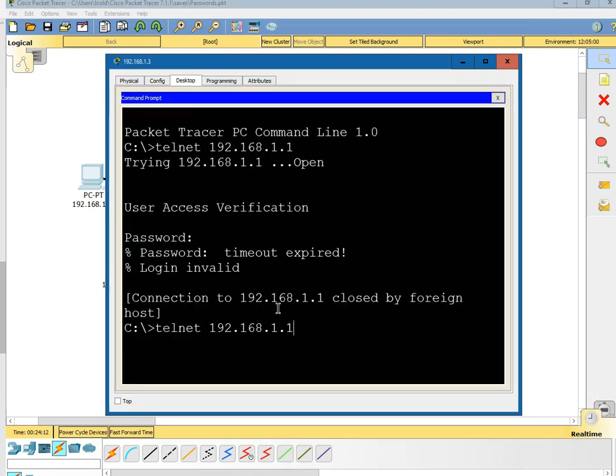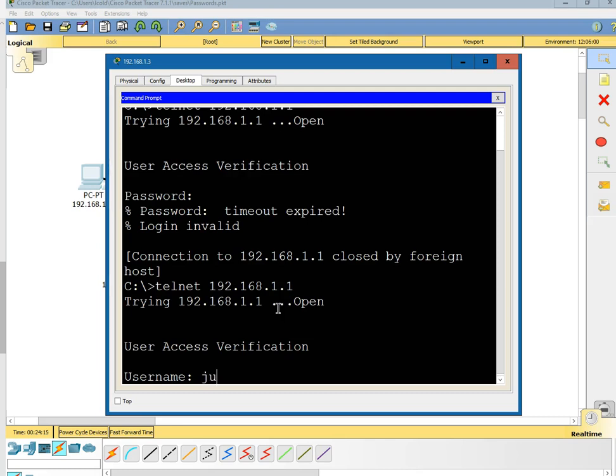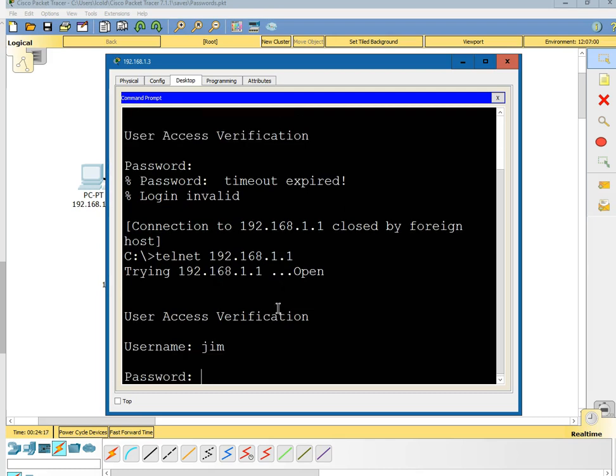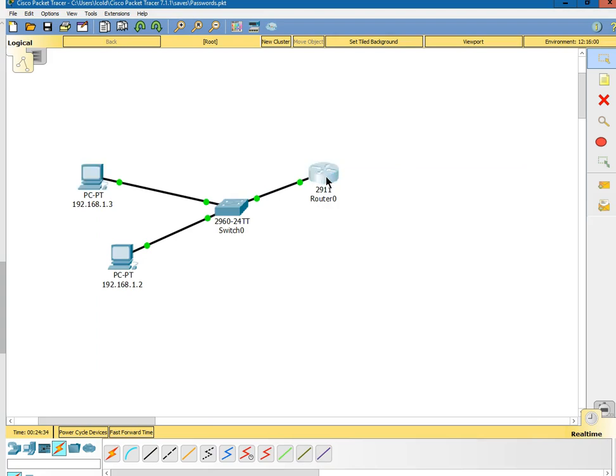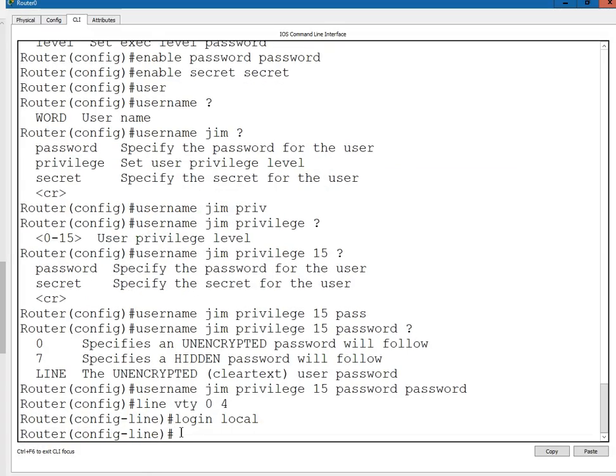So now let's see if it will ask me for a username. It was Jim, and the password was password. I now know that Jim's going to be logged into this, and I can tell what Jim has done. So username, password, login local. We can also do the same thing if we use login local